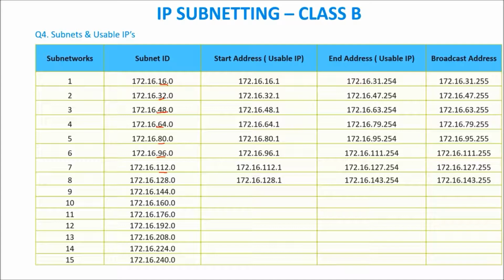Now the questions may be, what is the second IP of fourth network? They'll ask that question. So this is the fourth subnet, and first usable IP is dot one. I asked second, right? So it will be 172.16.64.2. That will be the second IP of fourth subnet, right? Otherwise, they'll ask what is the broadcast address of seventh subnet. Okay, so we'll take this as an example. So this is the broadcast address of seventh subnet. So this is the requirement.